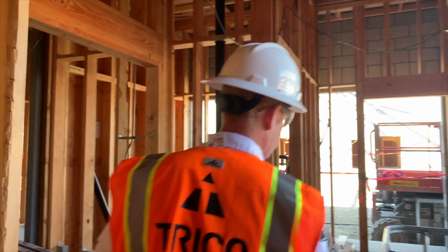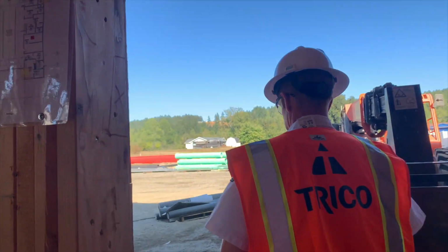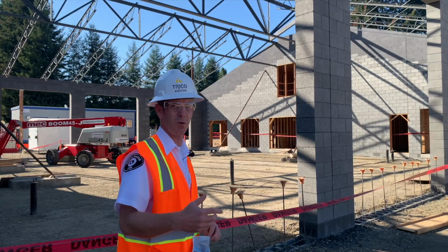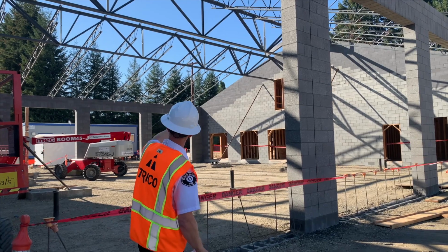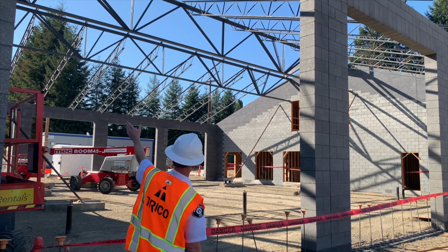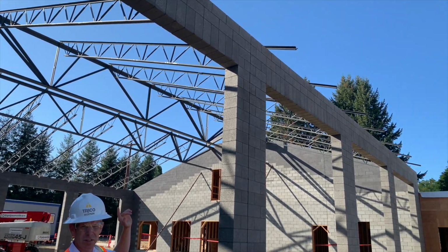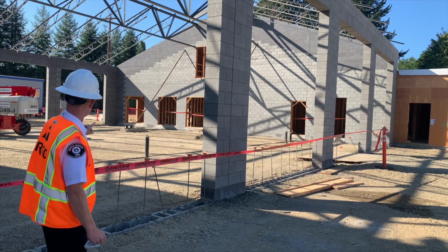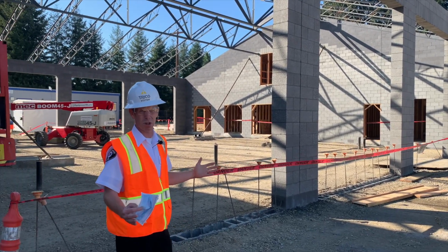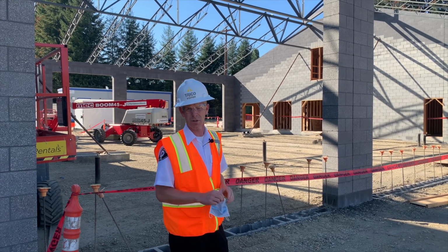So I might go around the caution tape here, make sure I don't have anything overhead. One of the most exciting days that we've had on this build was the setting of these 2 large beams that span the entire width of the Apparatus Bay, 77 feet in length. They had a large crane that came in and set those. But the Apparatus Bay, as you can see, is the biggest part of the facility. It can house up to 8 vehicles, which currently our fire station can only house